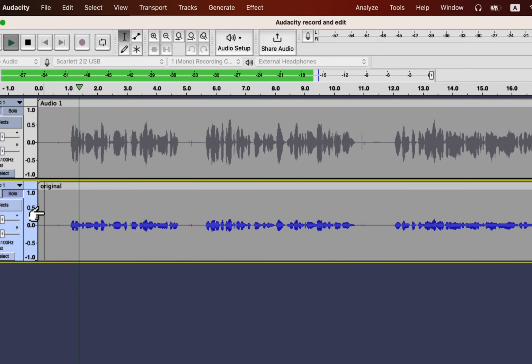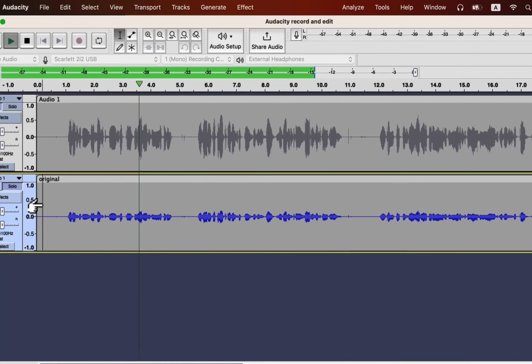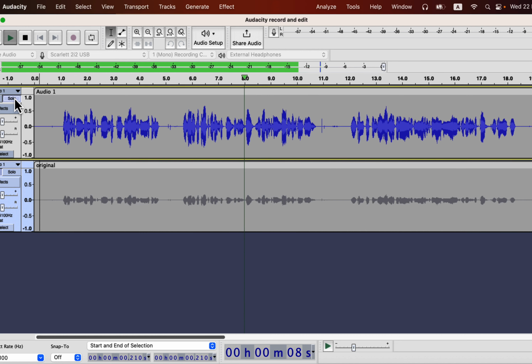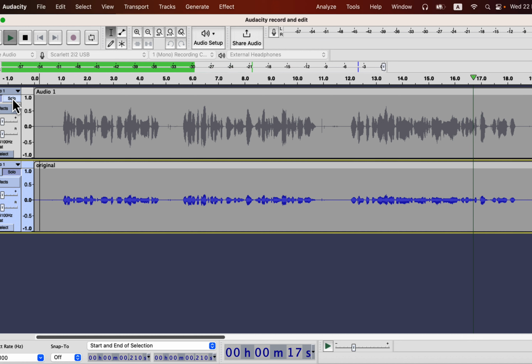Audacity is the best free software for audio editing and recording. Though there are a couple of other softwares which are free, but Audacity is the easiest one to use. You can practice your audio recording and editing in Audacity, and when you are used to this software, you can move to